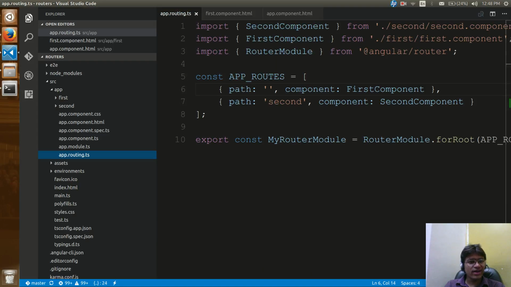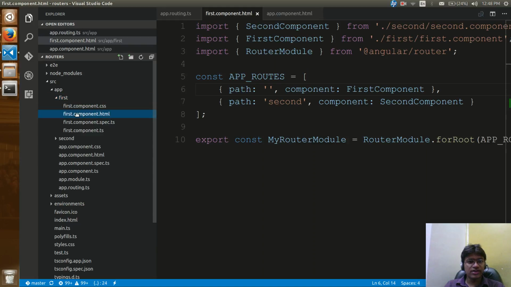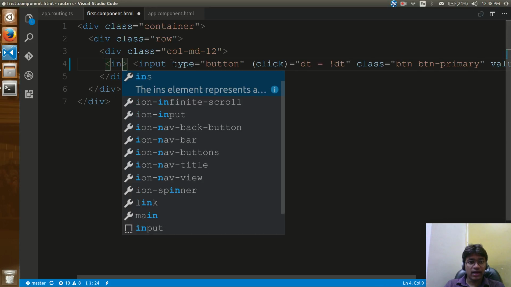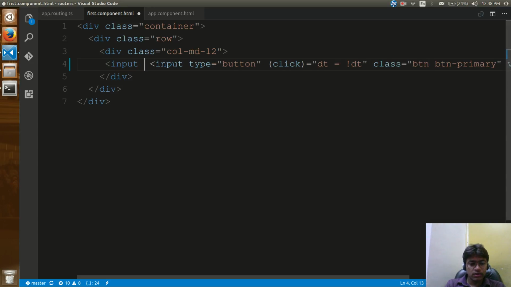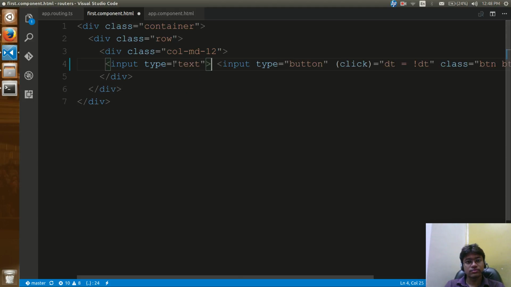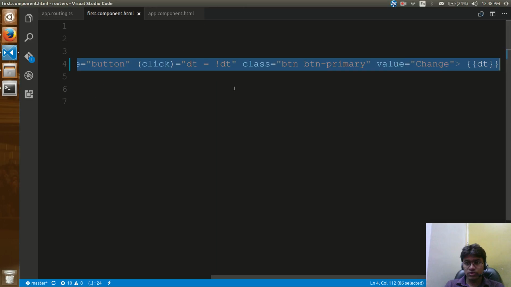Right, I would be writing some template. So let me go to the first, and here you have written one button and something like this. I'll keep the button as it is, and over here you can have an input, say input type is equals to text. And one more input type we need to have, or this button